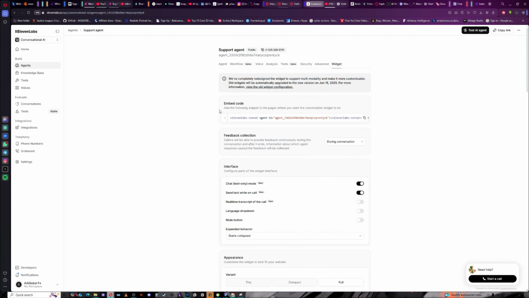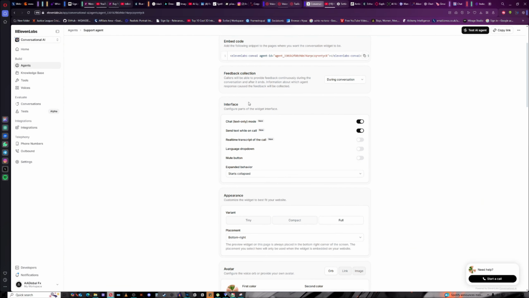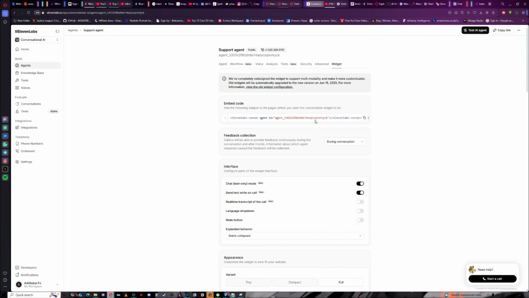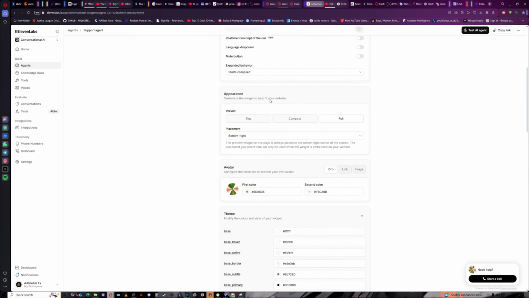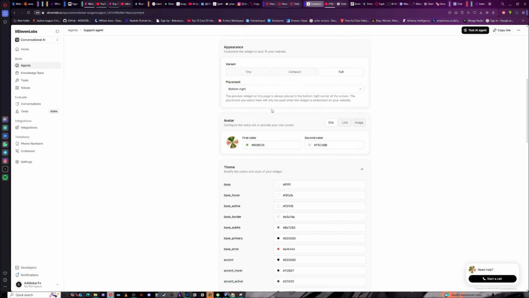So under widget, you find a lot of things, right? But the things that we're going to be focusing on mainly here is embed code, right? But we're going to come back to this. But before that, let's see what's under the widget tab. When you come all the way down here, you find